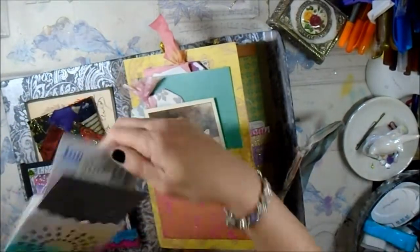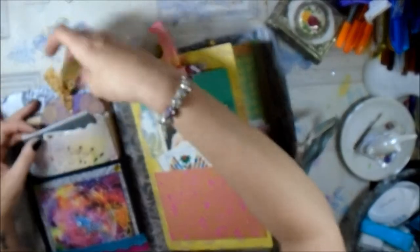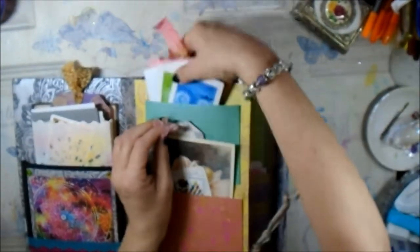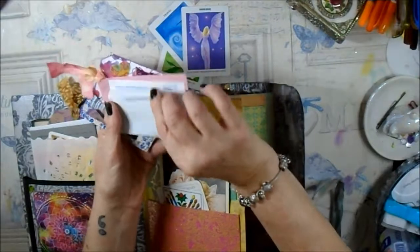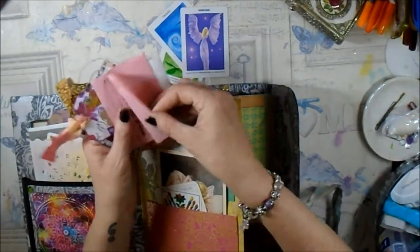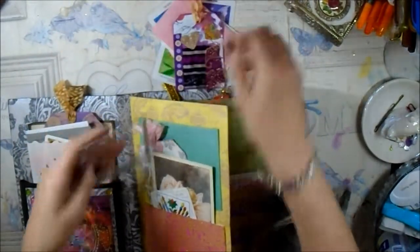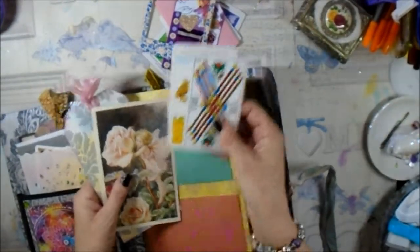If I can get them back in. Yep, right. So that's those. And then over here, this pocket, what we've got at the top, we've got a couple of love aura cards and an angel aura card, another smaller guest check, and a while you were out card, a little tag, and a little photo frame. And then in the bigger pocket, we've got a couple of tarot cards,